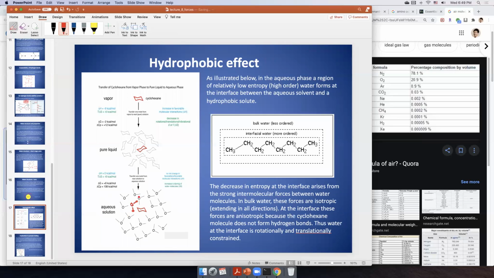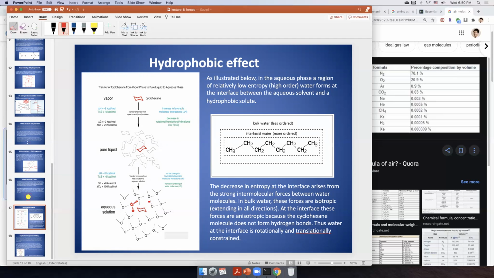So each water molecule has one oxygen and two hydrogens. All of these oxygens and hydrogens are forming hydrogen bonds. If you put some object into, or immerse it in, the water, it has to break some of the hydrogen bonds. So that's the hydrophobic